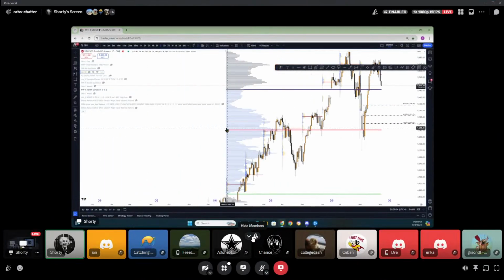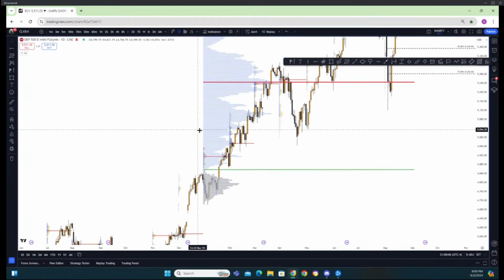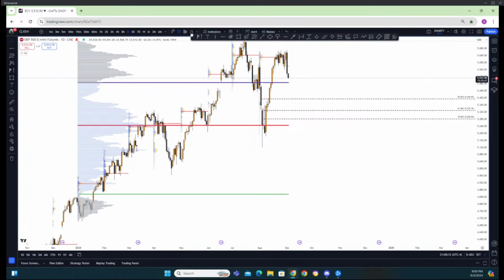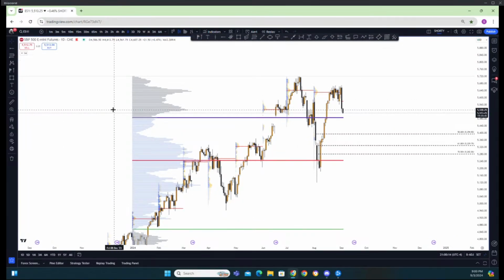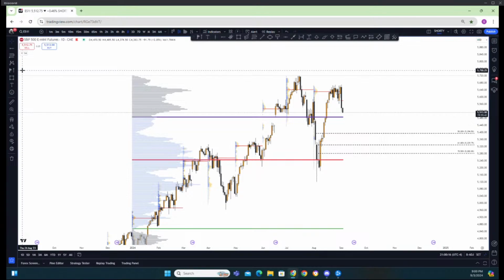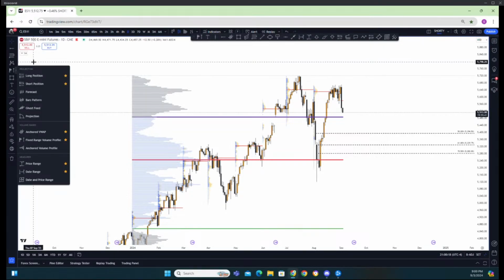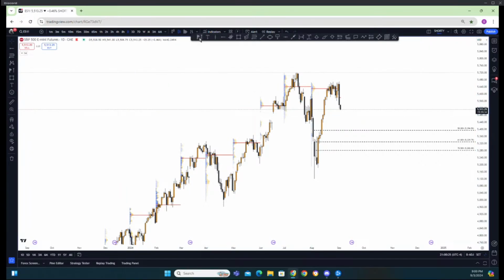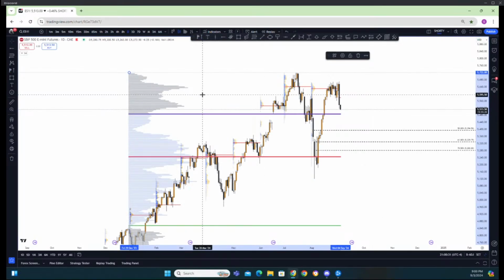All right, so what I did here, and this is more of an art, remember, rather than science. What I was looking at earlier is how are we doing year to date? There's two ways you could do it. You could do it with the FVP if you're not familiar under trading. If you go here and look at fixed range volume profile, you just select 2 points, from, say, January 1st all the way to the right, and then you will have